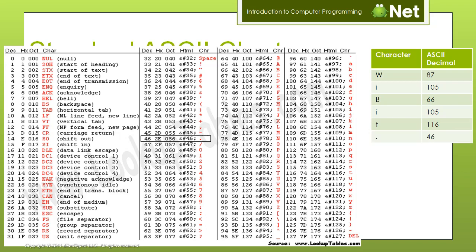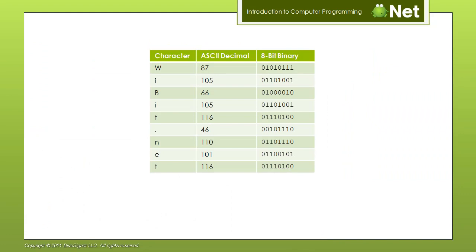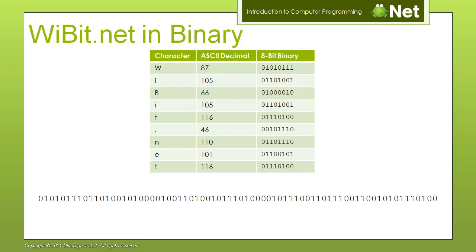The period character is 46. The N character is 110, the E is 101, and lastly T, which is 116. And now we'll convert that to binary. The next thing, like Brian just said, is we'll go through character for character and make an 8-bit binary string for each character. So WIBIT.net equals these numbers, which equals these binary strings, which when we concatenate, that's what